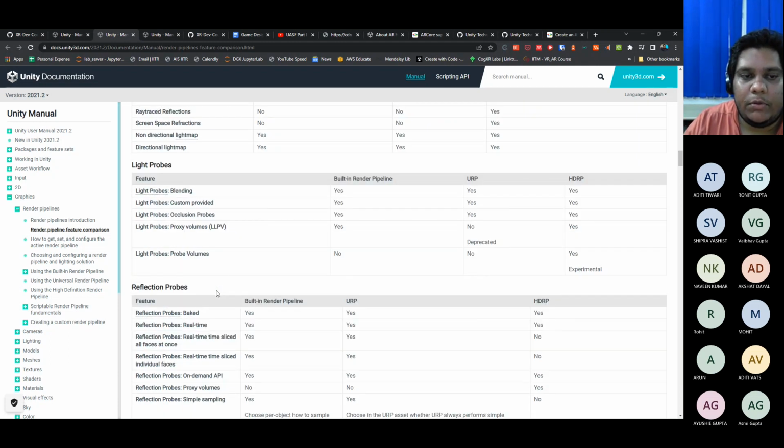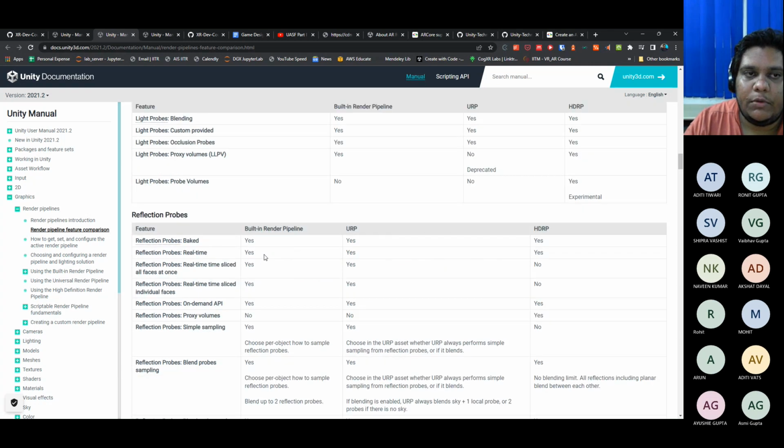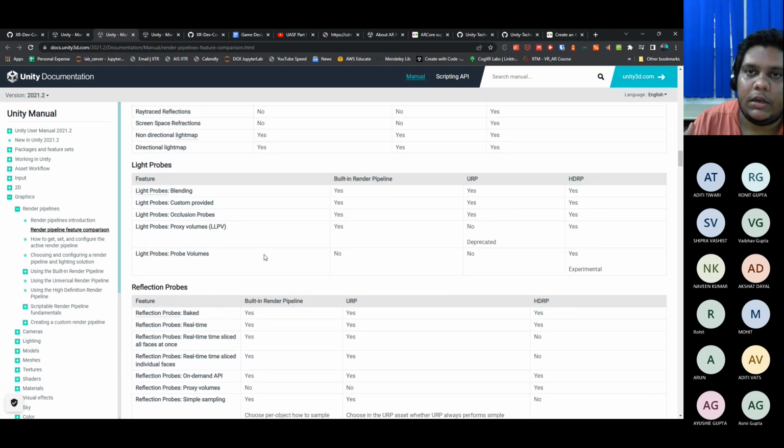Then light probes, reflection probes, these are things that you keep in your environment. I think we tried reflection probes till now, I don't remember. If not, then we can try reflection probes in VR. We'll basically use them for mirrors and that kind of surfaces. Light probes are basically kept in environments to reflect off of surfaces. So you have a light. If you keep light probes near a surface, whatever light is going through that surface or bouncing off of a surface will basically try and show from there.